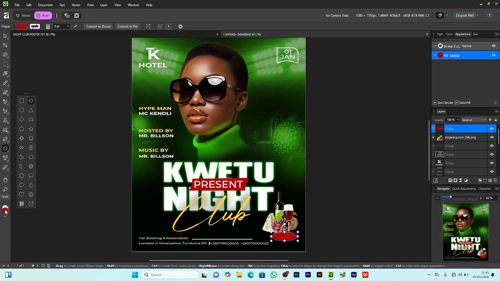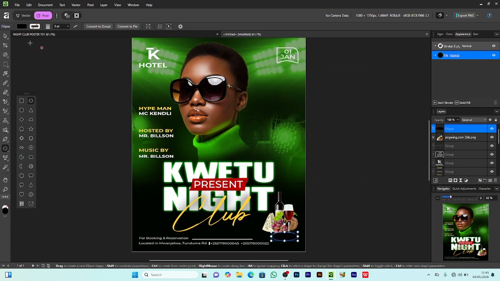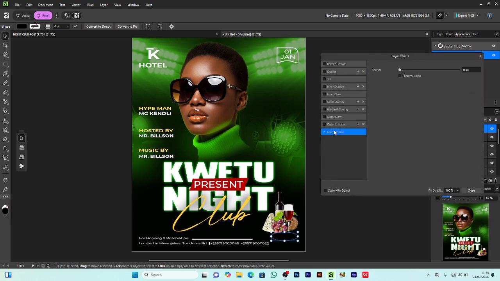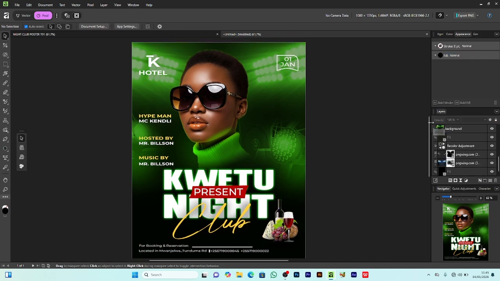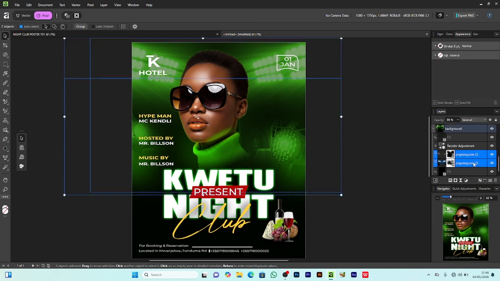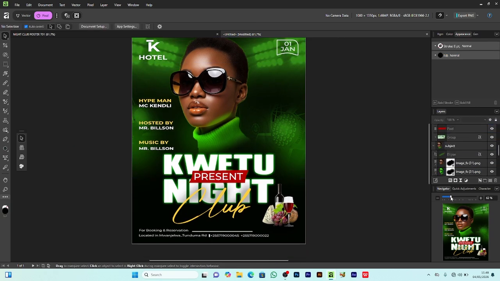Use a black color and go to FX, choose Gaussian blur, apply this setting. Now go to background and let us reduce opacity around this. Okay,